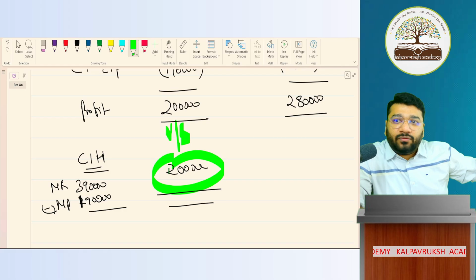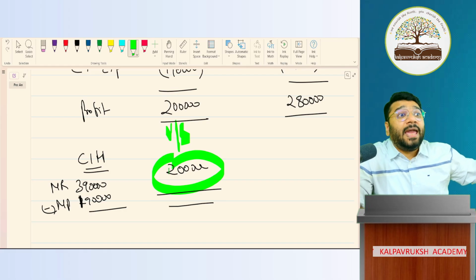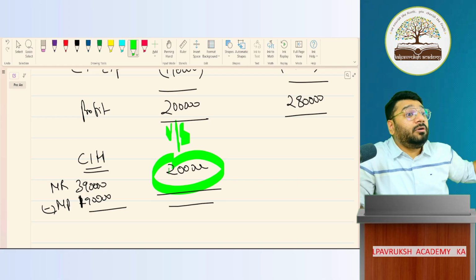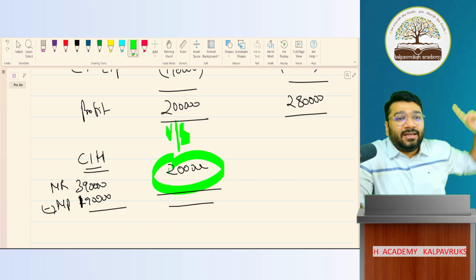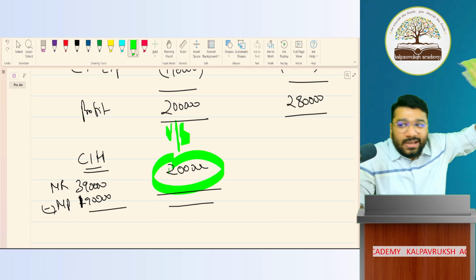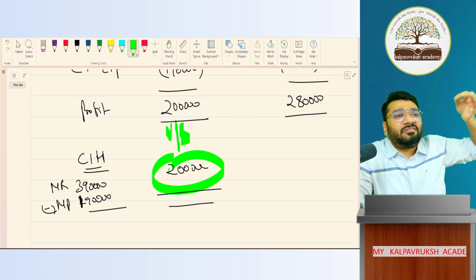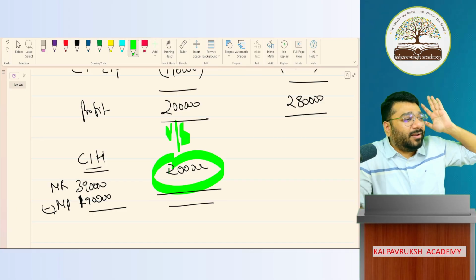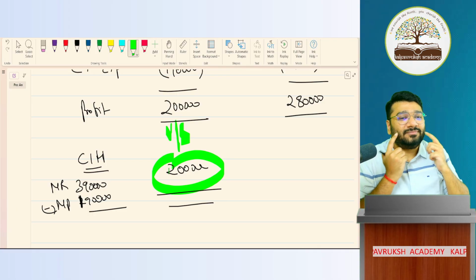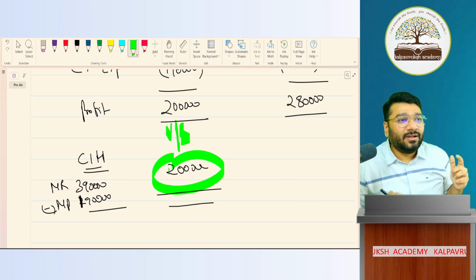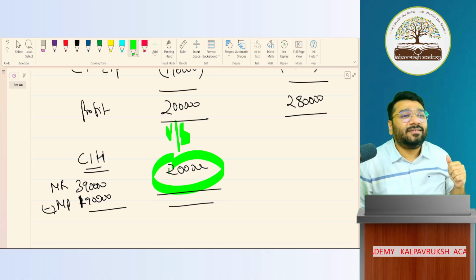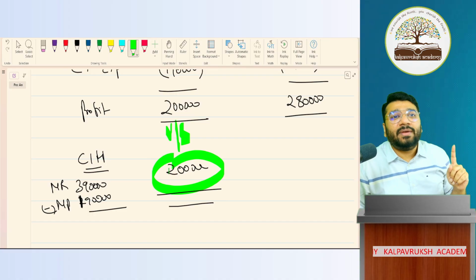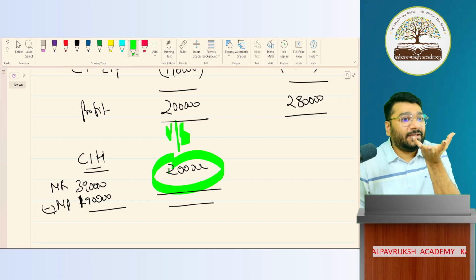In foundation, you have true and false. In inter, what you have is MCQ. 30 marks MCQ. No negative marking. In CA intermediate, MCQ, no negative mark. But to get 30 marks out of the 30 marks, tears will roll down. Not normal tears, blood tears. Because all those MCQs are based on conceptual understanding.